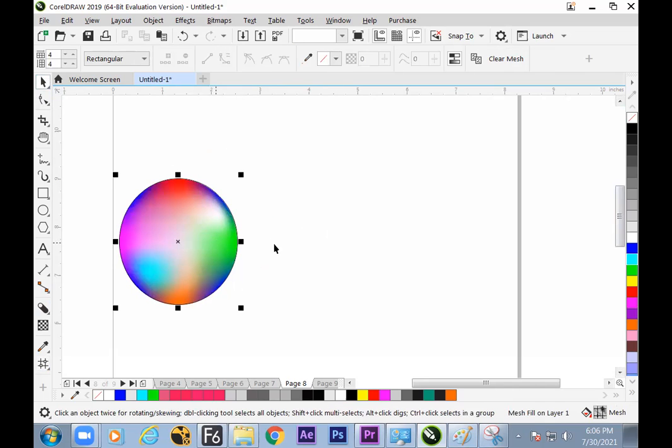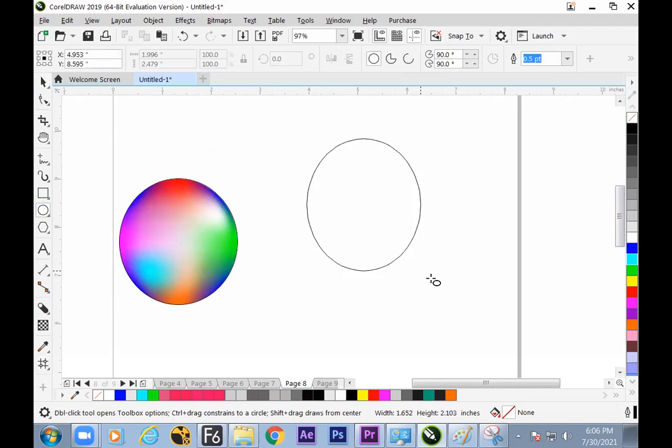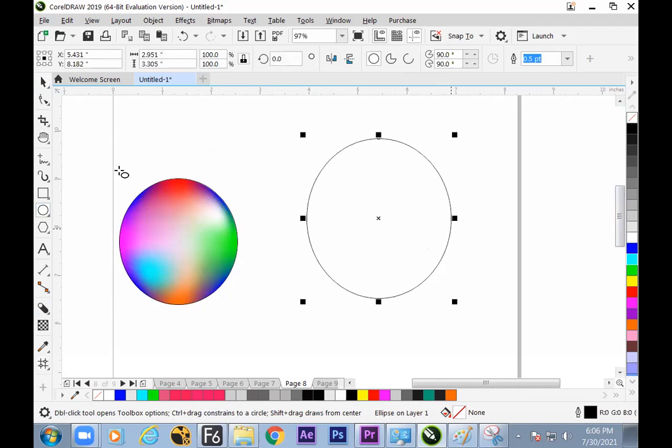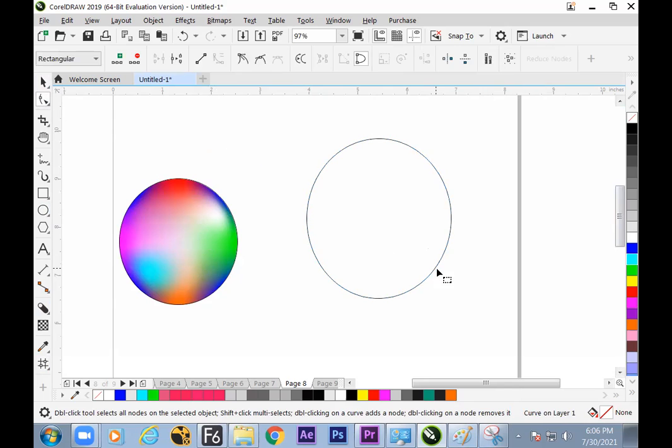Let us see the practical use of the mesh tool. Make the first shape. So I'm just trying to create some basic shape first. Add some points and get it adjusted.